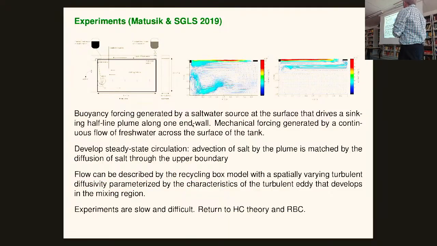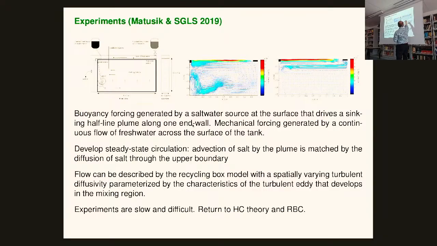And I had a student who did some experiments on this. This was to try and look at mechanical forcing at the surface and buoyancy forcing to see the competition between them. Yet again, this question about competition between different kinds of forcing. And these experiments are long and fairly painful because you're either doing it with heat, in which case you have to insulate your tank. So if you're putting foam and stuff, you have bad optical access. Or you're doing it with salinity, with salt, in which case your Schmidt number is wrong, everything is very slow, and you have to have a balance of the salt coming into the system.